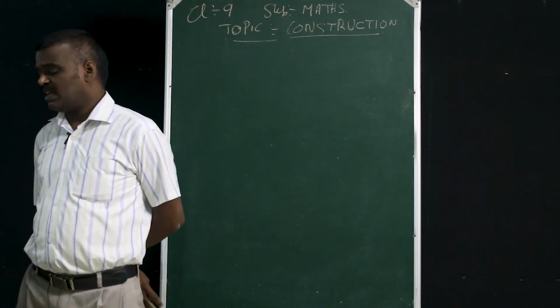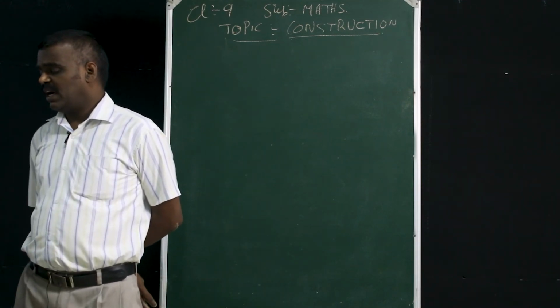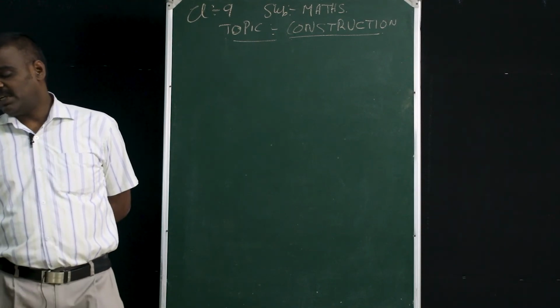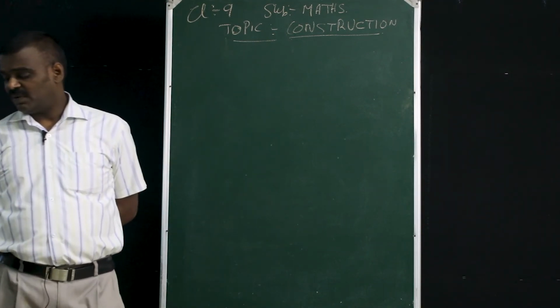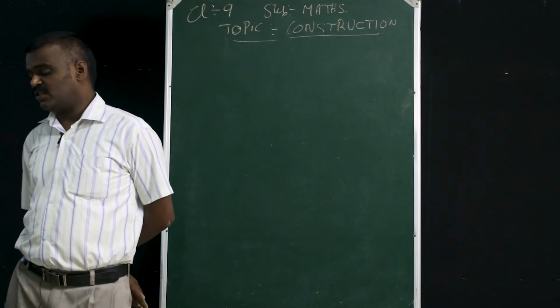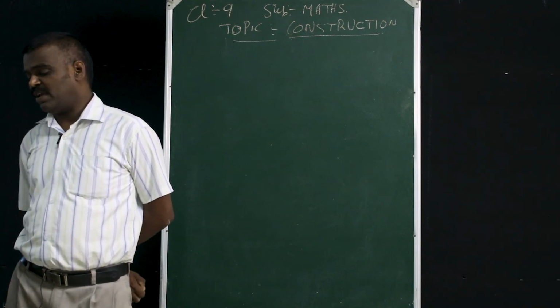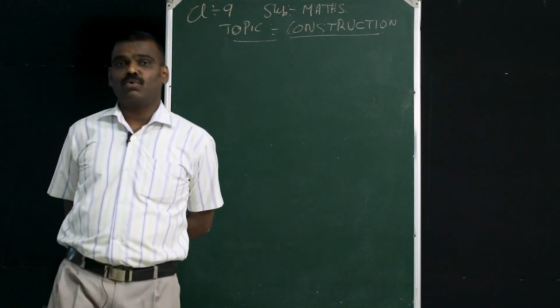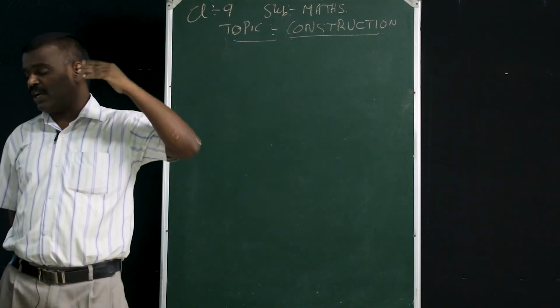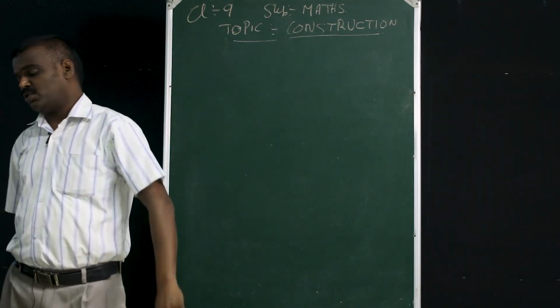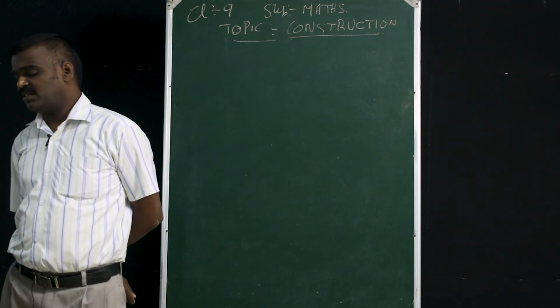Now go to question number 4. What is question number 4? Construct angles and verify the measure. How many degrees? First one is 75, we learned. 105 degrees, we learned. 135 also we learned. So questions 1, 2, 3, 4 we have already done. Now let us go to question number 5. What does question number 5 tell?